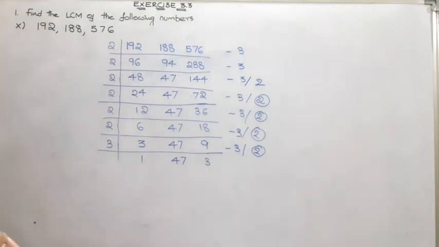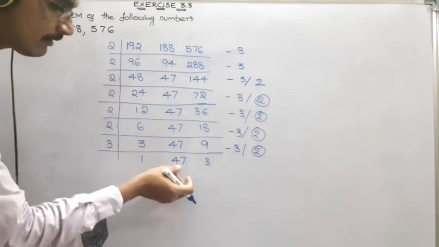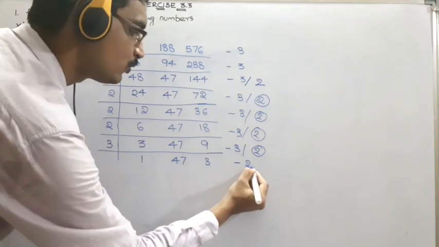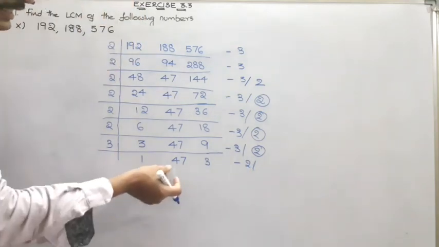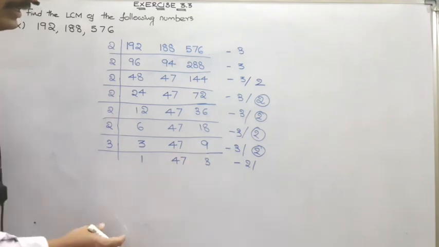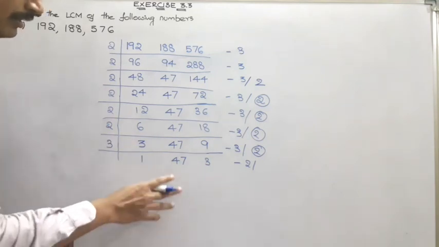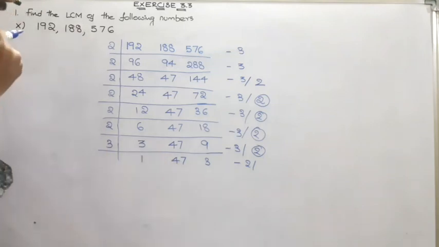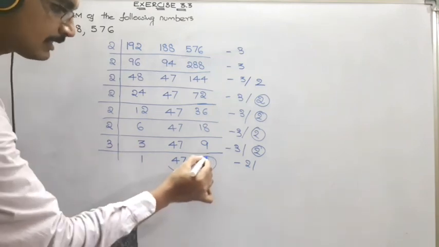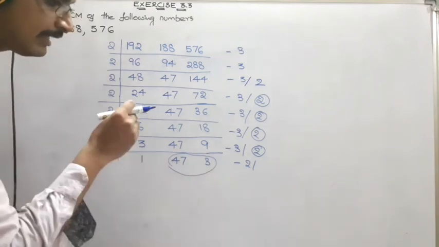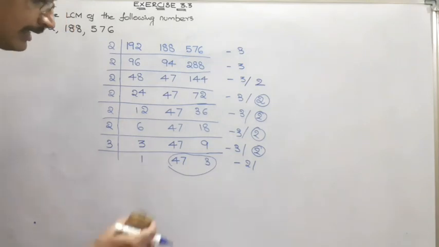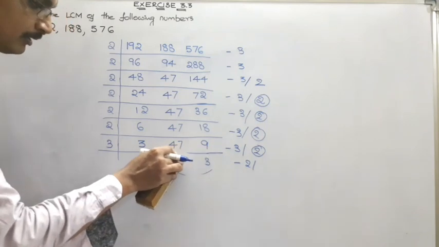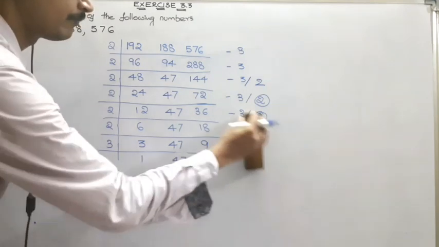Now check the board carefully, children. We have 47 and 3. Okay, 1 is anyway, you can leave it. We have a minimum of 2 numbers; is there any table which cancels 47 and 3? In 2 table anyway we can't. In 3 table not at all possible, because 3 1s are 3 and the remainder will be 17. So though we have 2 numbers here, they are not going to be cancelled in any of the tables. That itself indicates that we have to stop the process here. Okay.